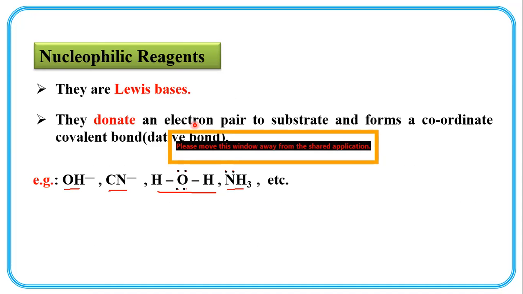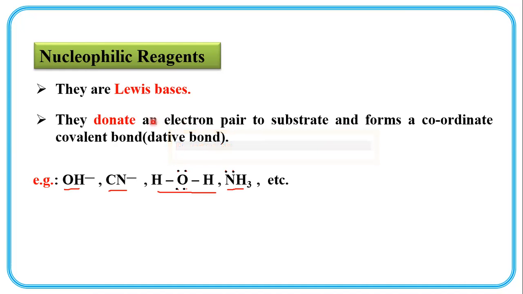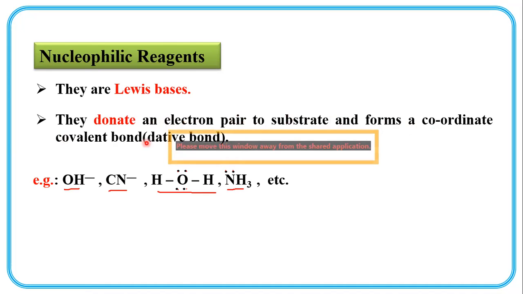What are Lewis bases? The species which are able to donate electron pair. Those species having excess of electrons or electron rich centers, they can donate electrons. By donating electron pair, they can form coordinate bond, coordinate covalent bond, or dative bond. For example, OH minus, CN minus,